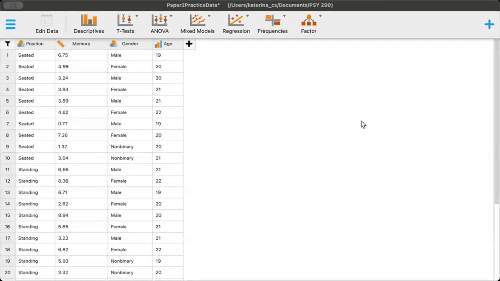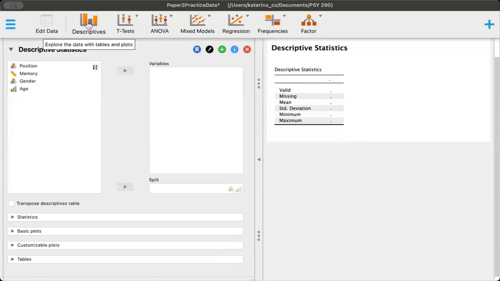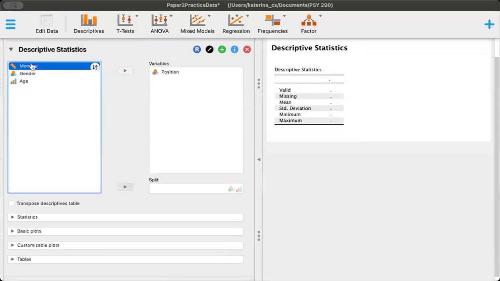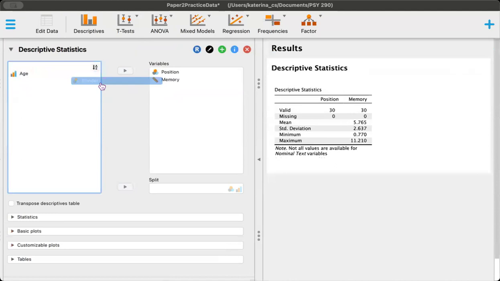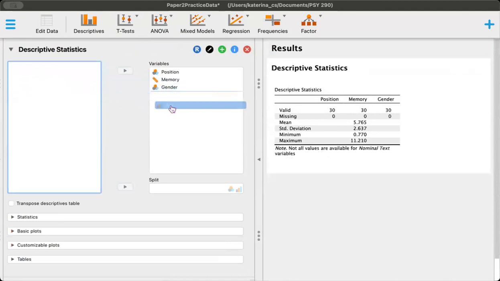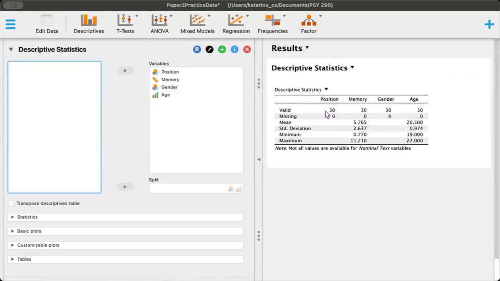All right, so in this video, we're going to discuss how to do descriptive analyses using JASP. So if I'm satisfied with my data, I can go ahead and click on descriptives up here. And then I can pull each of my variables into variables. So let's suppose that I have two categorical variables, position and gender, and I have two quantitative variables, memory and